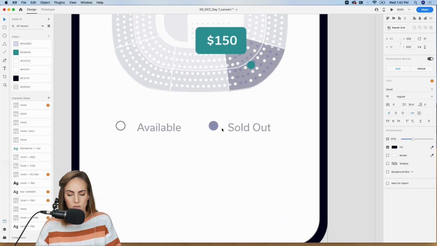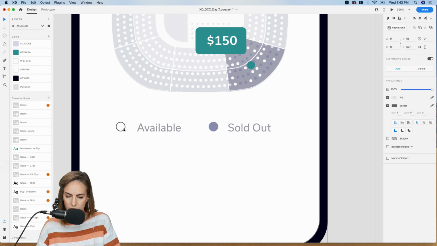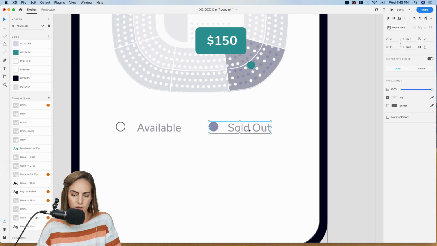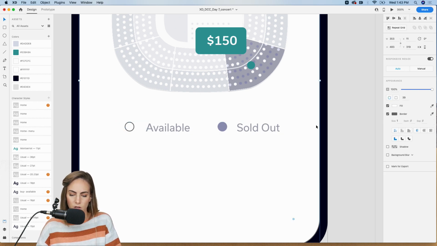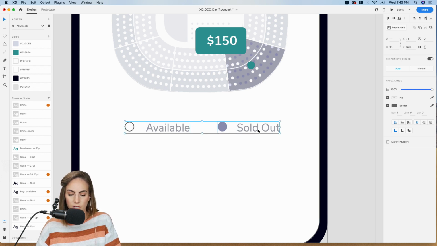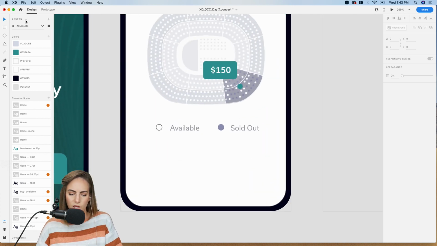While I'm doing this, I want to be cognizant of how I'm grouping things, because when we get to responsive resize, it kind of matters what things are grouped together. So I first make sure these two are grouped together and these two, and then I can group these two together. So start from the bottom layer, the most tiniest features, and then start grouping upwards. And then after that,